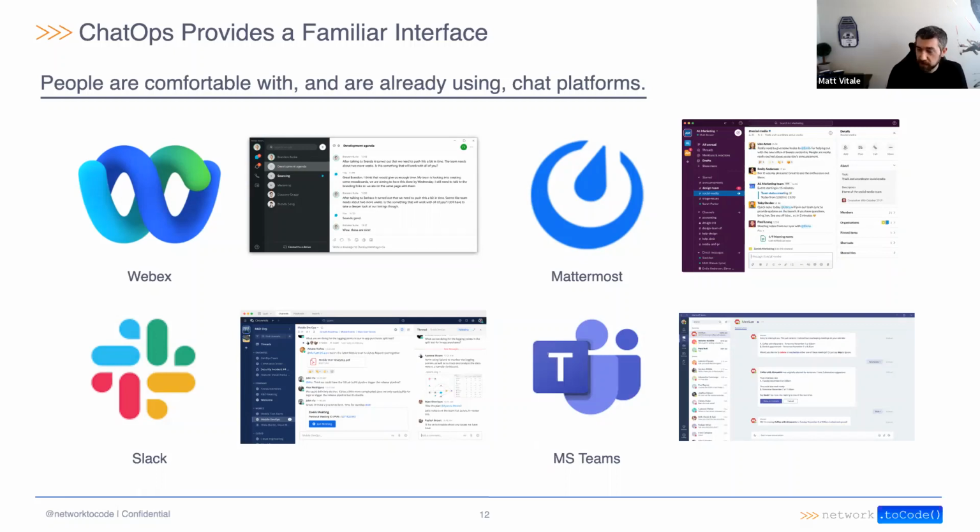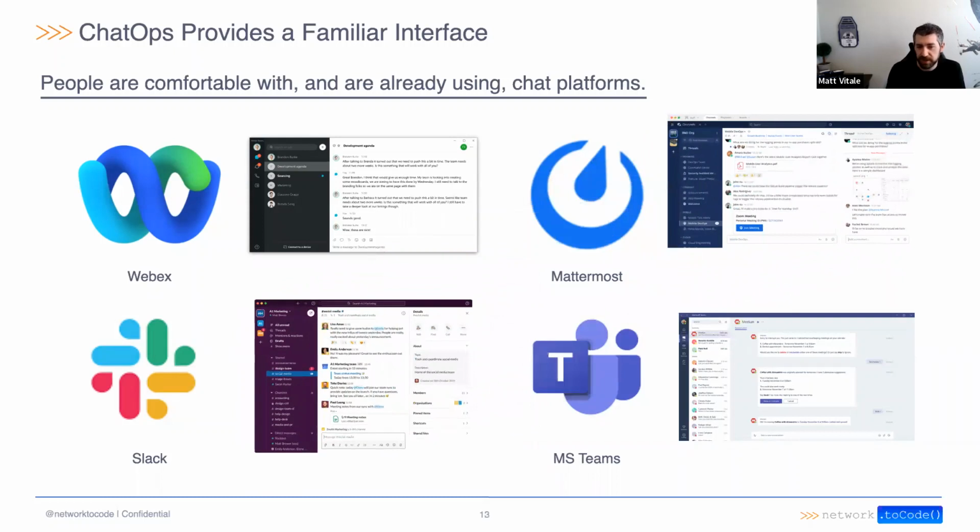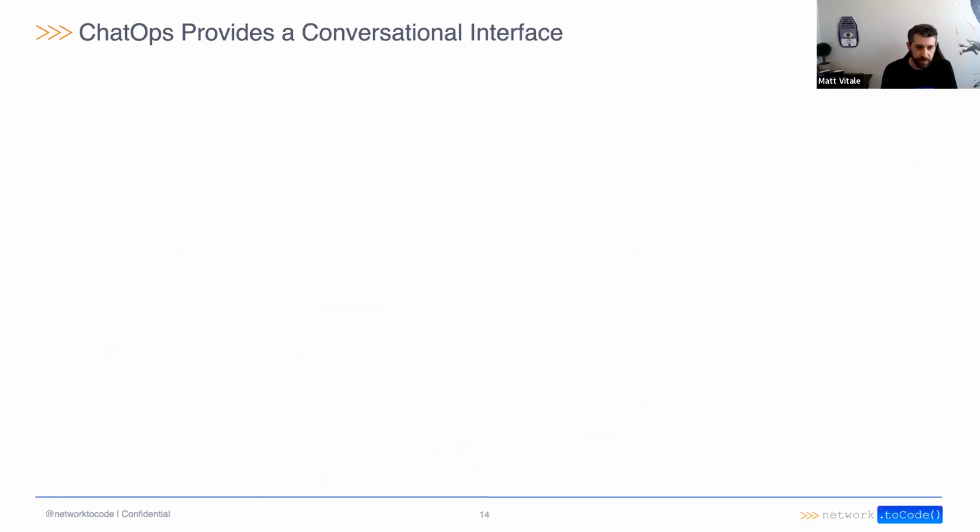In fact, they're so similar, you probably didn't even realize I had switched the screenshots for Slack and Mattermost. They are near identical in how their overall interface is laid out. In general, people are more comfortable interacting with systems conversationally. They are able to use predefined chat commands with a standardized syntax and get standardized output that the application handles